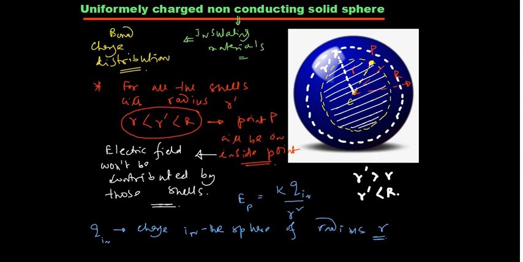let us say, now suppose I am taking a point here, let us say x. For the x, it will behave like a point charge. So if I want to show you that part also, suppose this is the non-conducting solid sphere that we are talking about, and let us say here I am taking a point, this point is x, and this is small r. The radius is capital R, and this small r is greater than capital R.